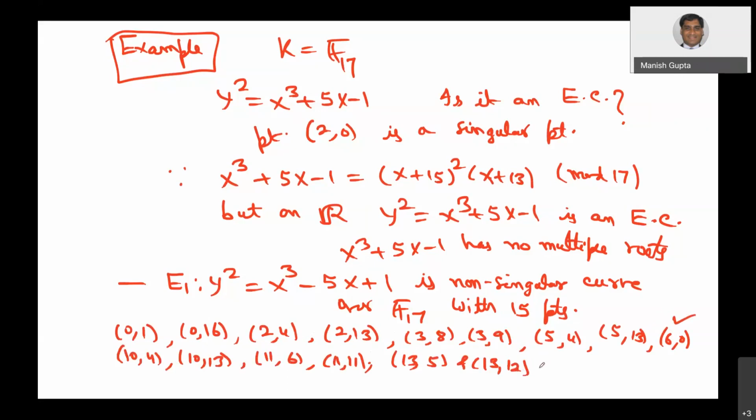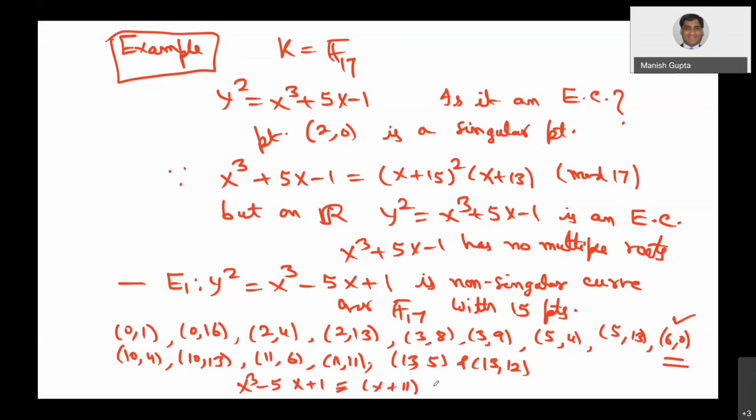Actually, how to find these points is interesting. There are interesting algorithms to find these points on the elliptic curves, and there are certain bounds known as the Hasse bound. We will talk about those things later on. But these points are there. So only one point on the elliptic curve has y component 0, and that can be seen also from the factorization, because x cube minus 5x plus 1 is the same thing as x plus 11,